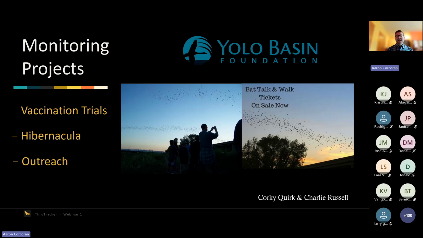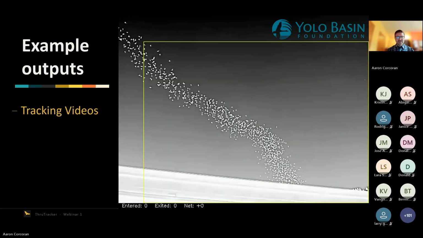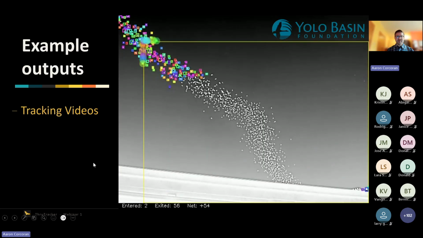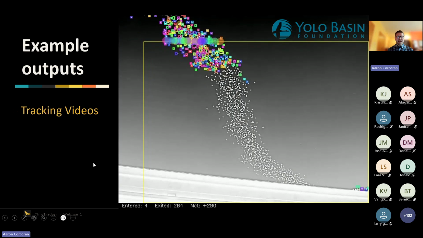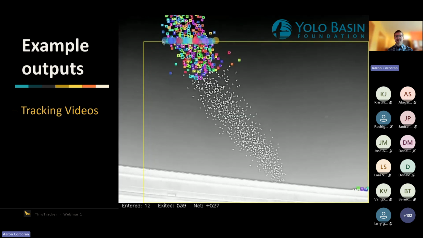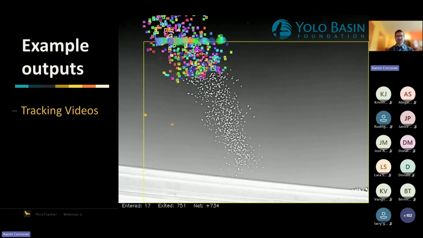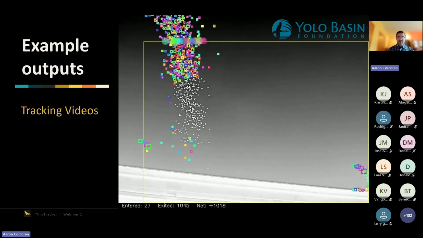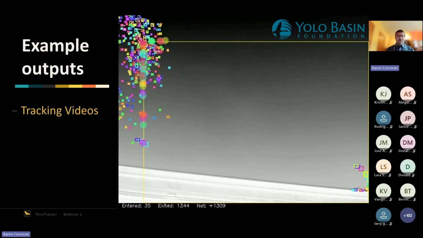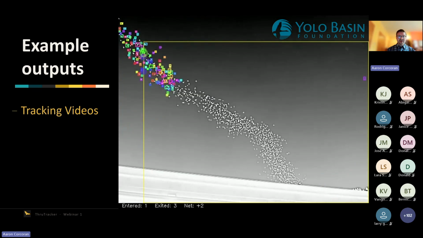Now, they are interested in getting counts of the bats, and we're helping them with that, but that is more of a secondary priority in this case, whereas the outreach component, showing the underlying science, is primary. So in this case, these are some of the videos that they've been able to take. And this is showing the counting process. So they can use these in their presentations as well as during their bat walks. So tracking videos,